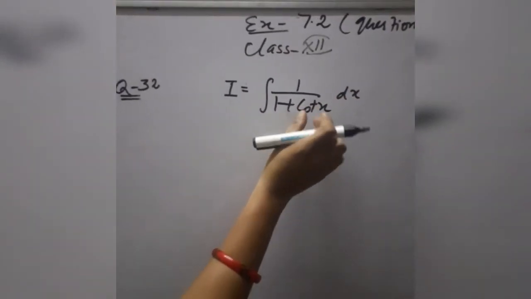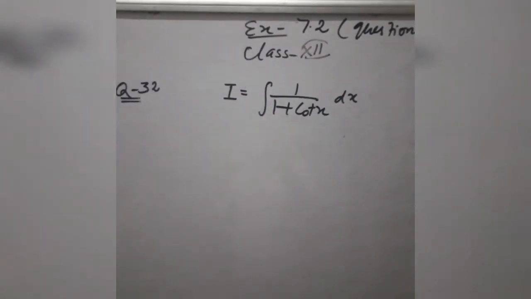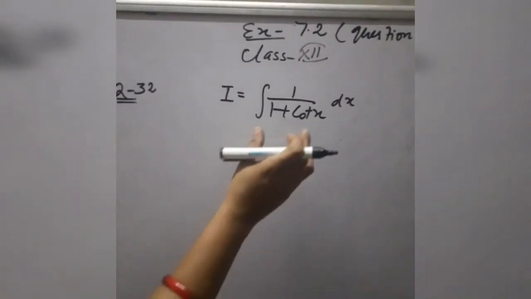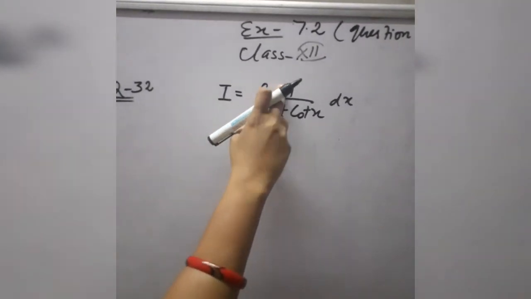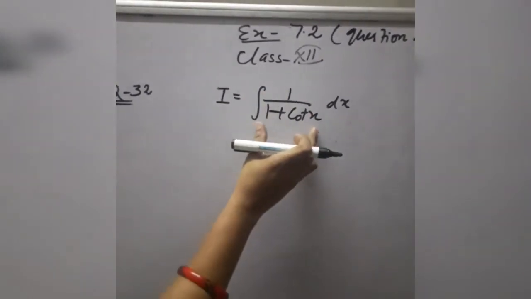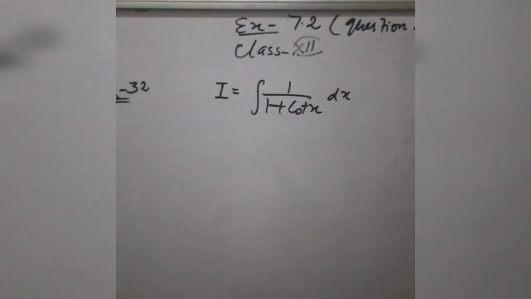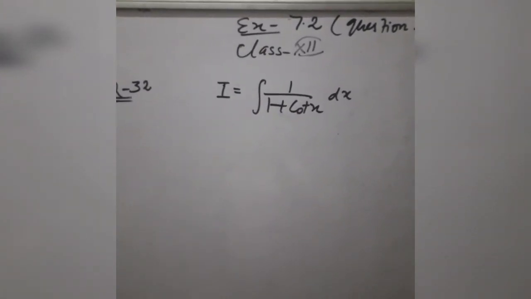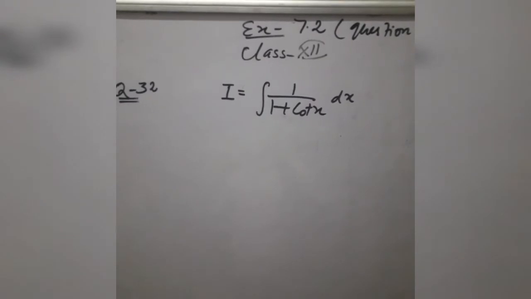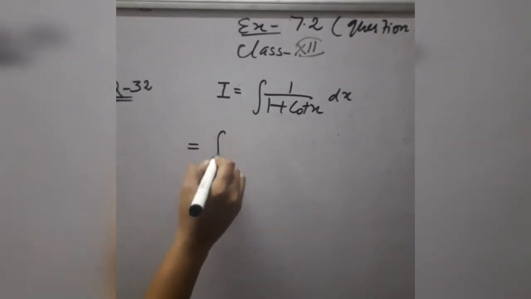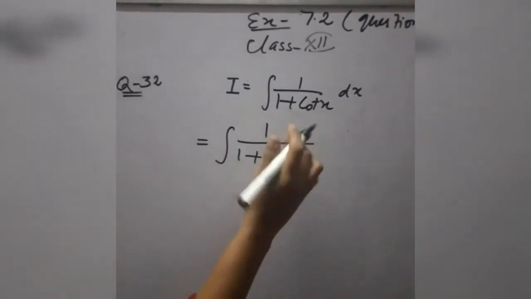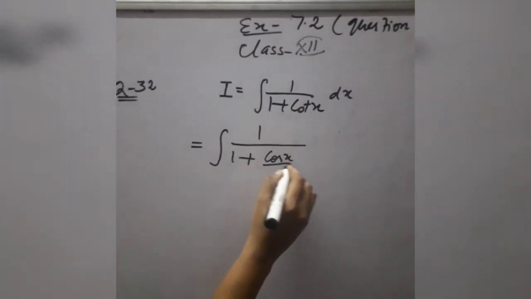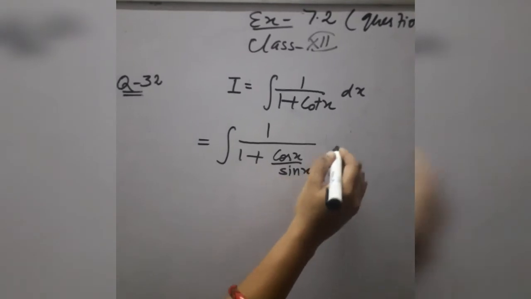Now the derivative of cot is not given to you in the statement, so you will not take 1 plus cot x is equal to t here. If minus cosecant square x were given to you in the numerator, then you could put 1 plus cot x is equal to t. But now the derivative of 1 plus cot x is not present in the statement. So how will you simplify it? Firstly, using the substitution method, we will simplify it. Cot can be written as cos x by sin x.